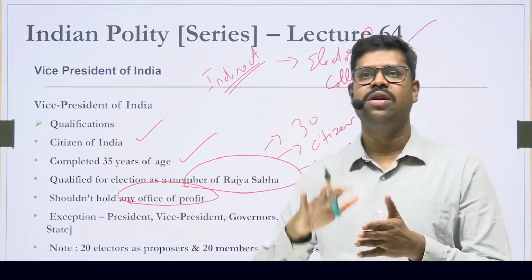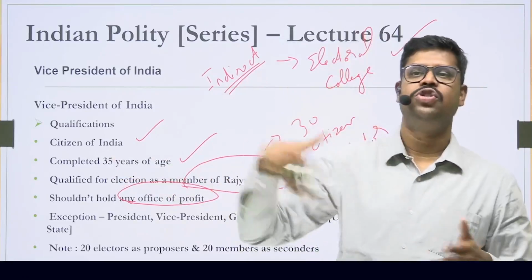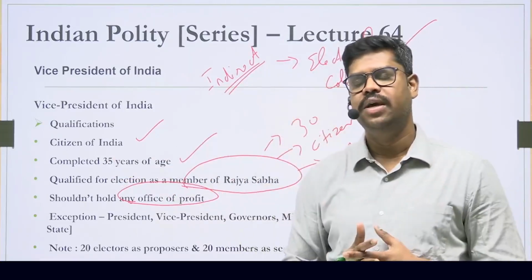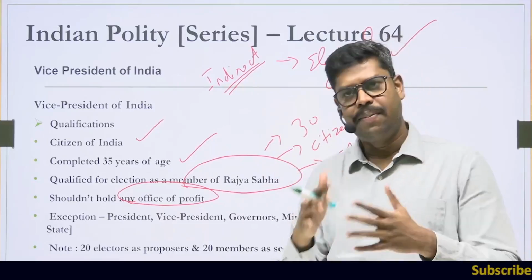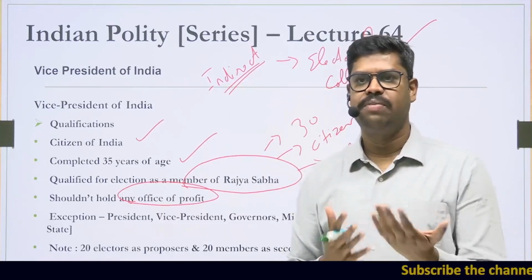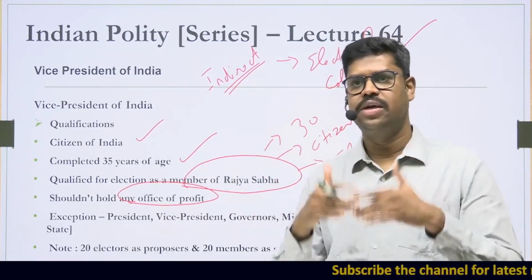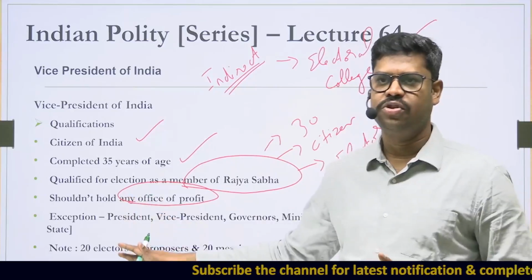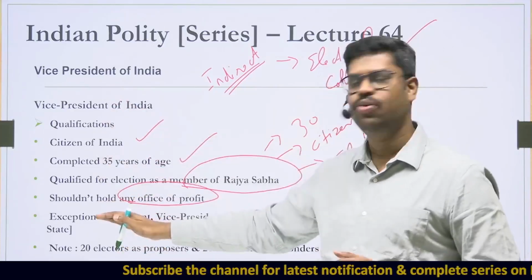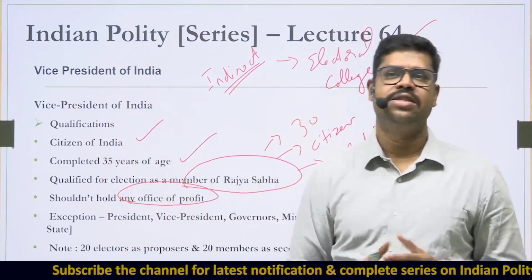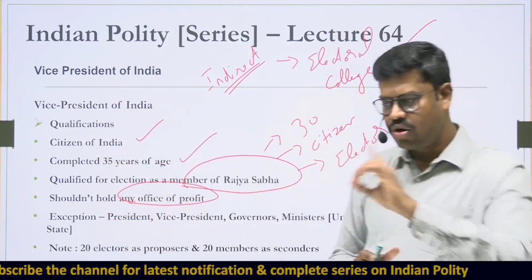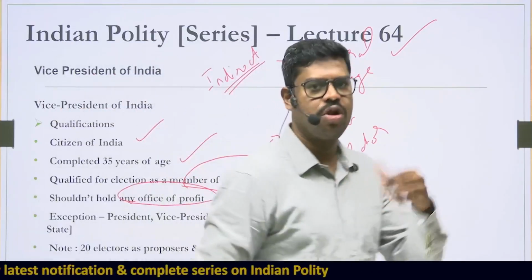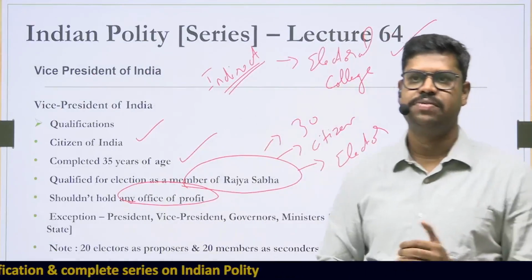In addition to that, they should be a qualified voter from any constituency in India. So that means in any of the 543 constituencies, they should be registered as a voter. And apart from that, any other qualification that may be prescribed by law. So all these conditions have to be satisfied. In addition to that, they should also not hold any office of profit. So anybody satisfying all these qualifications can contest election to the office of the Vice President. If they are not satisfying any of these qualifications, the law and the constitution does not allow them to contest election to the office of the Vice President.